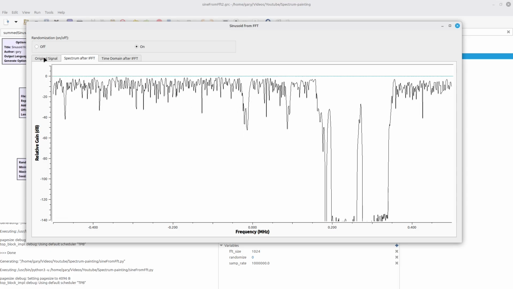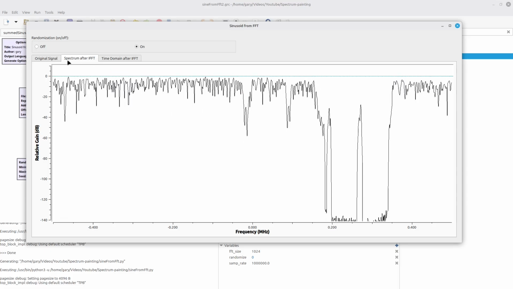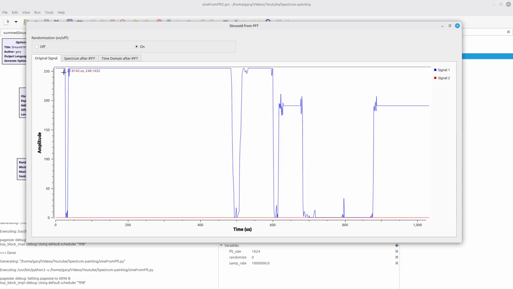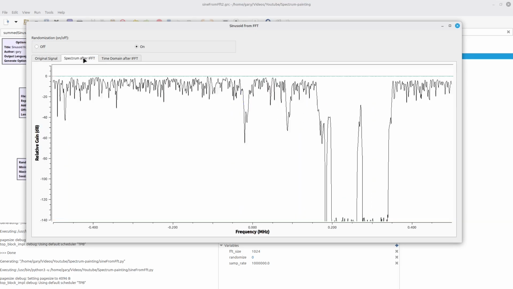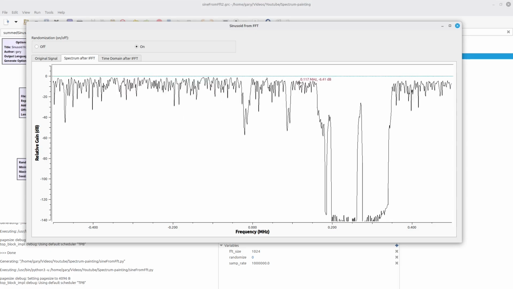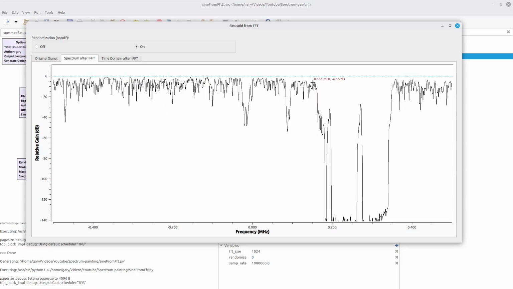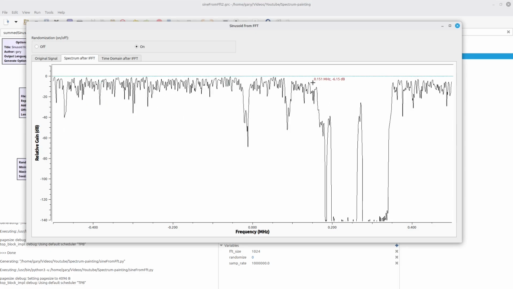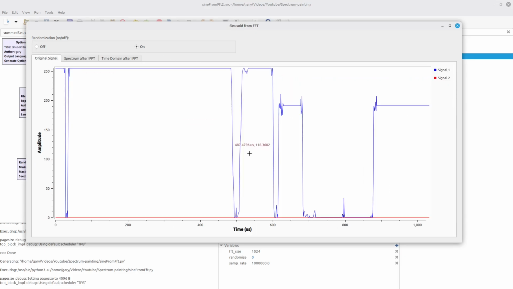The next thing that I want you to notice is that when you look at this original signal, I got 255, 255 across the top, and then it drops down by about, let's say, a fifth. However, when you look at the spectrum, it's really high, really high, really high, and then it drops down only a little bit. That is due to the fact that we're dealing with a logarithmic scale, whereas the original signal is on a linear scale.